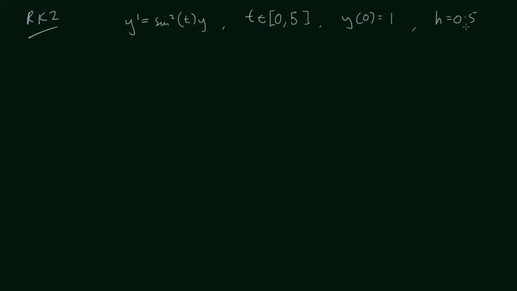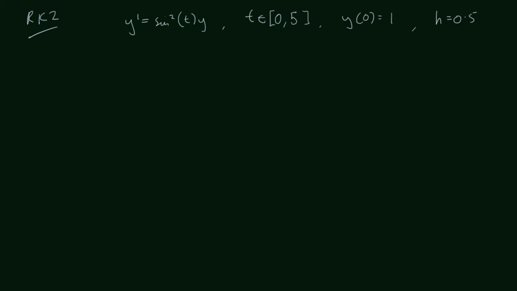In this video, I'm going to go through an example of how we use the second order Runge-Kutta method, also known as RK2, to solve an initial value problem. Our initial value problem, from example 2.2 in the notes, is y dash, or the derivative of y, equal to sine squared t times y. The domain is t from 0 to 5, our initial value of y is 1, and I'm going to be using h equals 0.5 as a step length in this